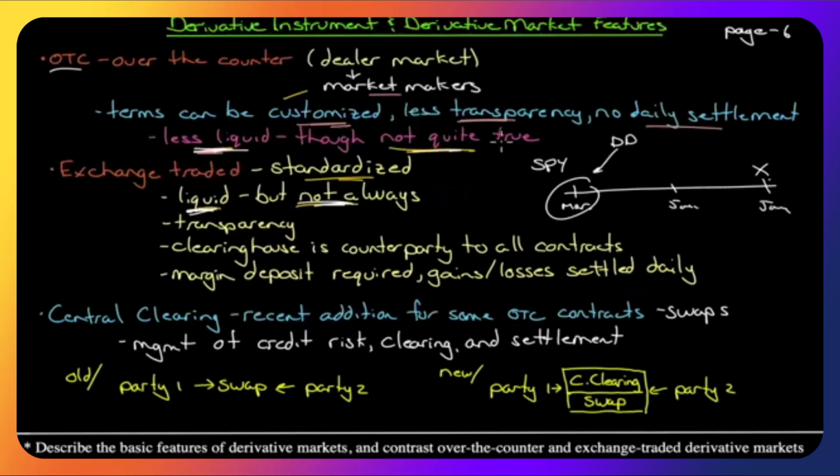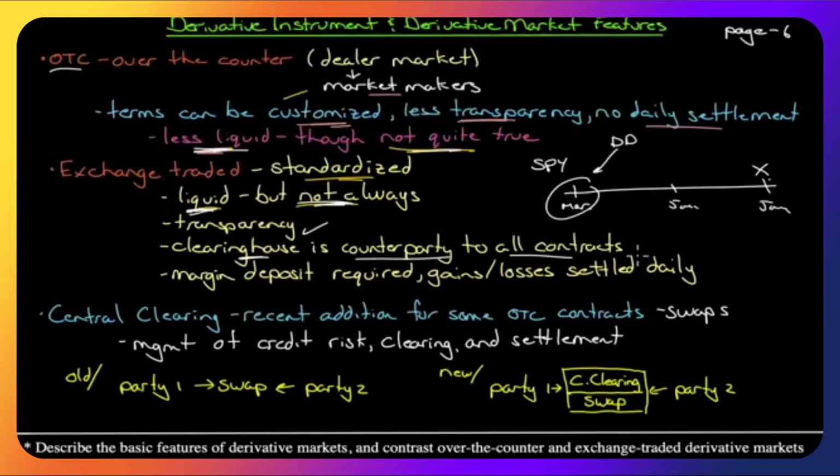So just understand that. Transparency in the sense that if you do trade, it's traded on an exchange. That transaction counts as volume. Other people can see that a transaction has taken place. Although they don't know it's you, they don't know your name, they know a transaction's taken place. There is a central clearinghouse for exchange-traded options. The clearinghouse is